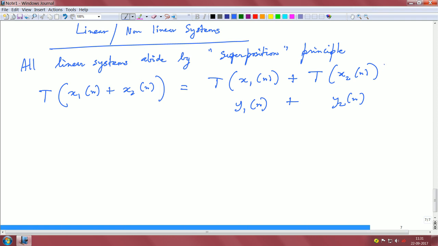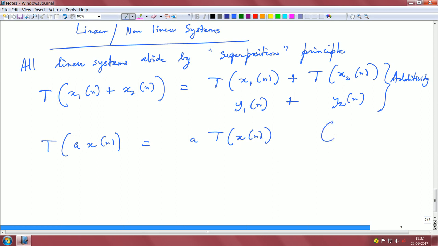If this relationship is satisfied, T of x1 plus x2 is T of x1 plus T of x2, then we call this additivity, or it satisfies the additivity property. And if T of some scaled version of the input gives us a scale of the response of the system to the input, then it is called the scaling property or homogeneity,